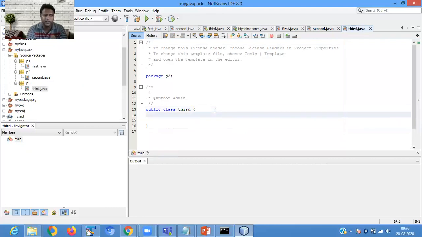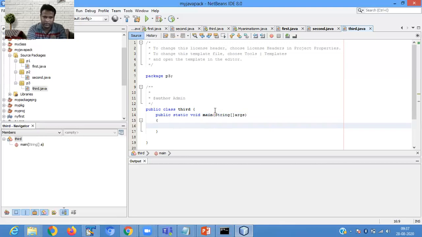So here I define a main method, public void main. In the main method we are creating an object of the class. Suppose here I define first i equals to